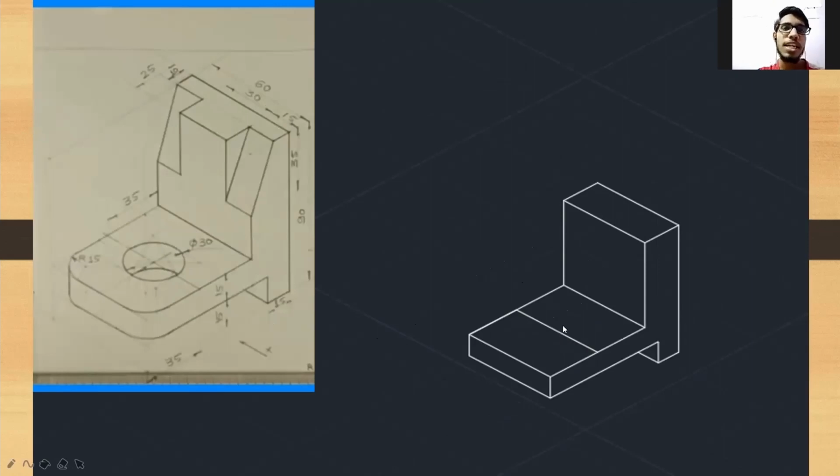For getting this center, as we can see in the problem, this center is at a distance of 35 mm from the left and 30 mm from the right plane. So for getting its center, we will draw a line at a distance of 35 mm from the left plane.